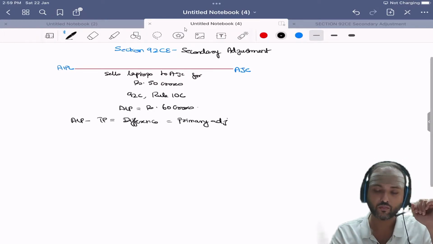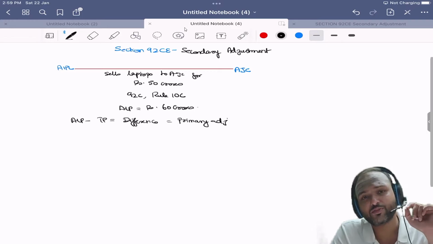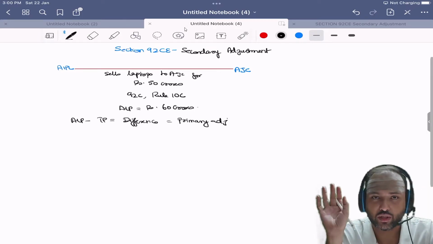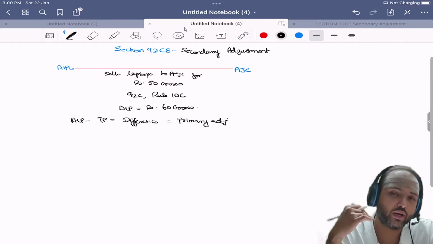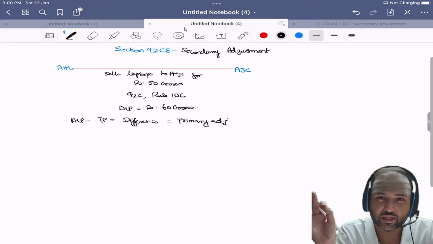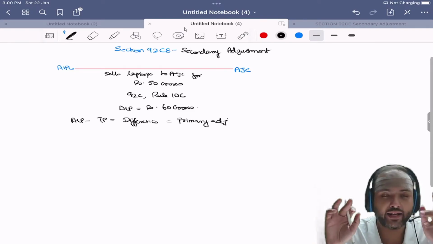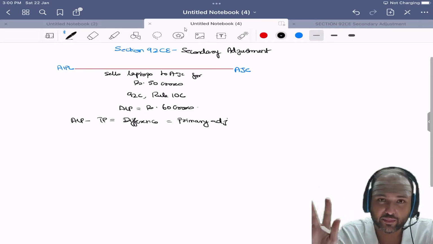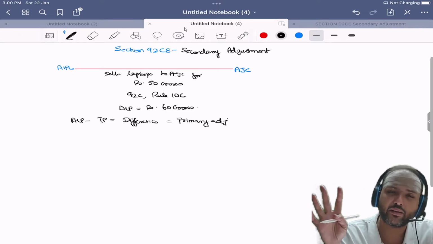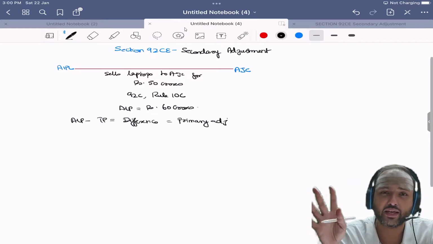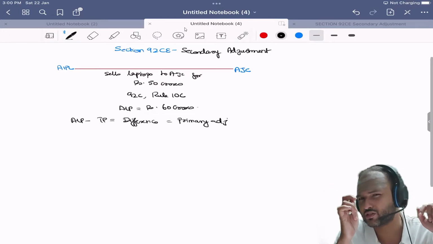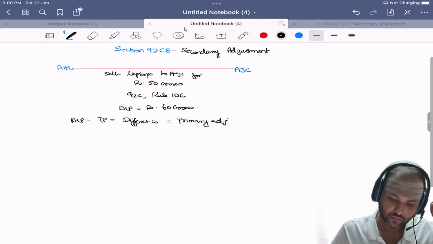Now, up to the assessment year 16-17, things used to be like this only. What did they used to do? They used to pick it up for assessment. They used to find out the arm's length price, and then they will go ahead and tell the assessee, boss, you're wrong, this is the arm's length price. The assessee may either go to DRP or he may go to CIT appeals, he may win the case, he may lose the case, but ultimately it used to get settled here. Now because of this, what used to happen?